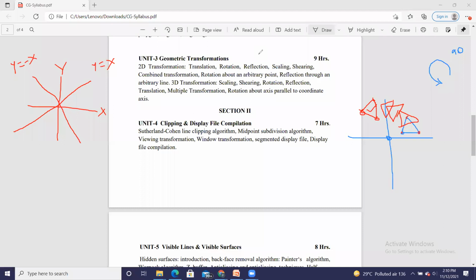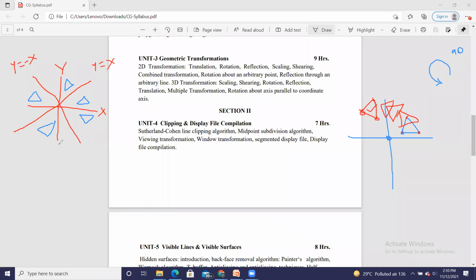If I want to reflect the object, consider this is a triangle given, and I want to reflect it with the x-axis, the reflection will be somewhat like this. The reflection with respect to y equal to x, it will be somewhat like this. The reflection with respect to the y-axis will be here, and the reflection with respect to y equal to minus x, this axis, means the reflection is somewhere here.